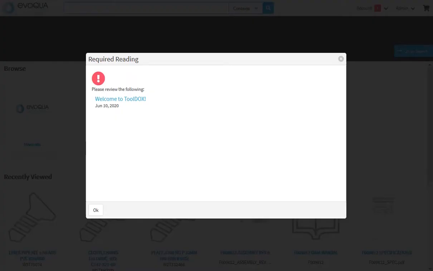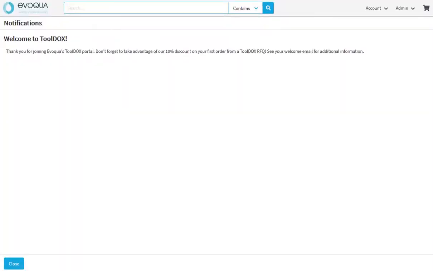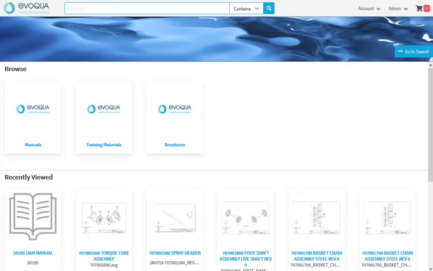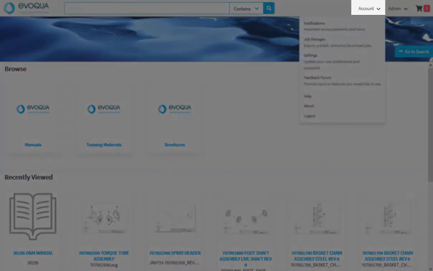Upon login, a pop-up with any current news and offerings may appear. Most of these readings will be required to move to the next screen. So click on each one of them, then use the back button to read more, or click the X in the corner to close out if all the messages have been read. Once viewed, these messages will not come up again, but can be found back under Account Notifications in the upper